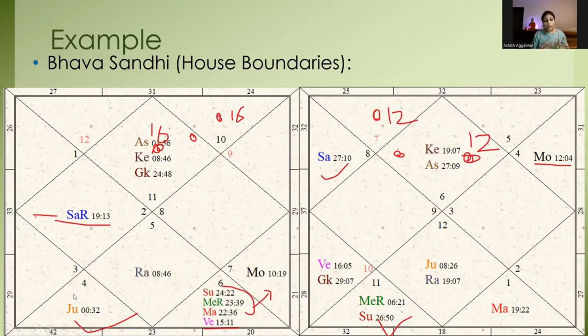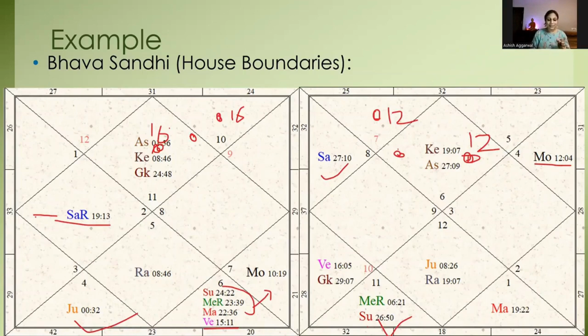very close to the ascendant degree. So Jupiter will completely provide the impact of the sixth house. Similarly, Venus is at 15 degrees, which is approaching our Bhava Sandhi. So Venus won't be able to provide the complete results of the eighth house. In fact, planets like the Sun and Mercury, which are moving out of the range, might be providing more results for the ninth house rather than the eighth house.